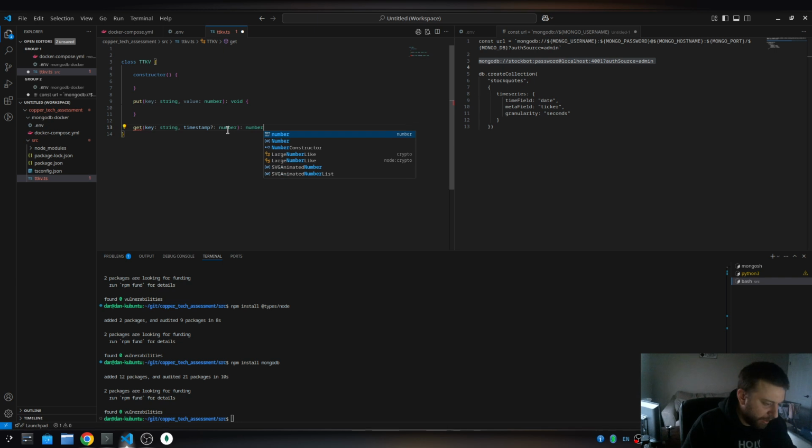It's got to be the value of the ticker symbol, the price, at that time that we specify, if we specify one at all. Okay, and to get rid of this red here, we're just going to return 0 for now, so we get rid of those red lines. Okay, that looks good. And I'm